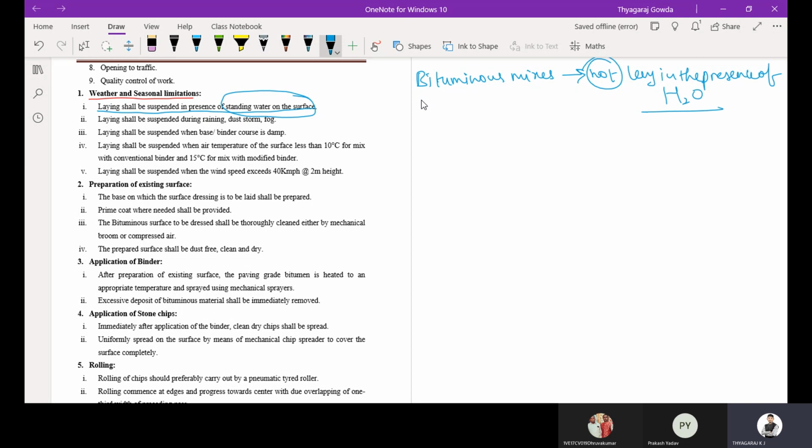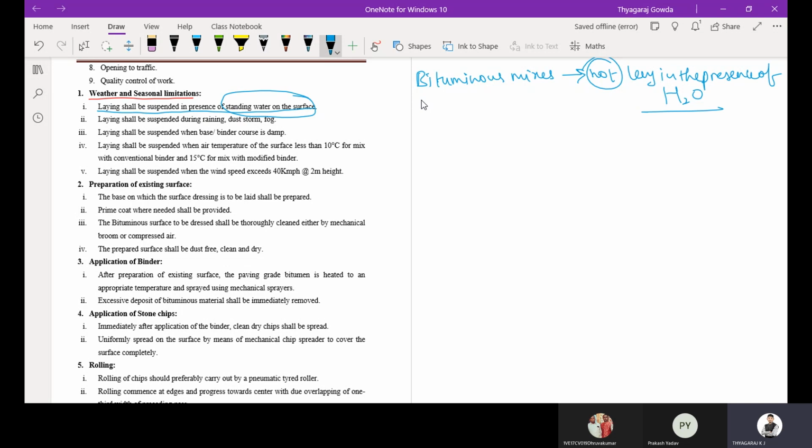Why? Because when bitumen comes in contact with water, its property will change. That is why the laying of bituminous mixes shall be suspended in the presence of standing water on the surface.